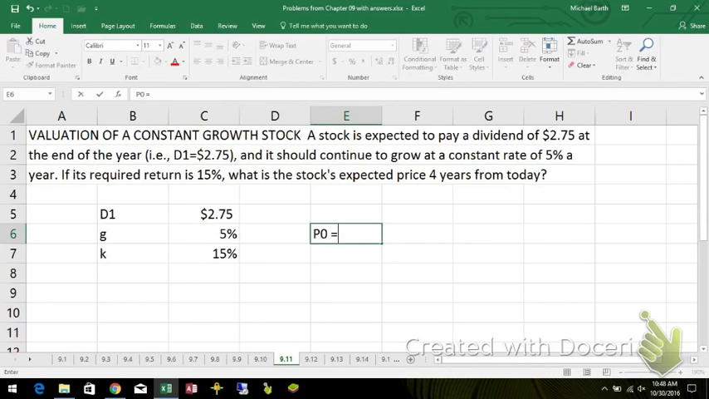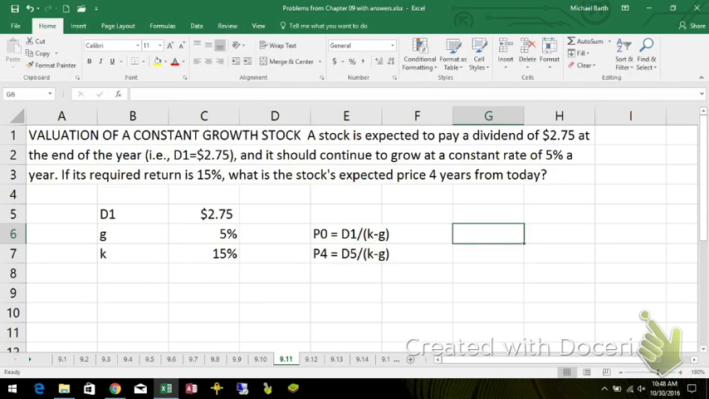today is equal to the dividend 1 year from now divided by K minus G. Well, the price 4 years from now is equal to the dividend 5 years from now divided by K minus G. So I could simply plug those numbers in, and then if I want the dividend in year 1, 2, 3, 4, and 5,